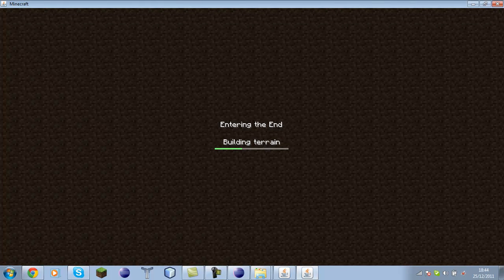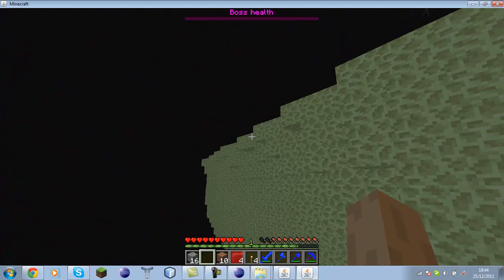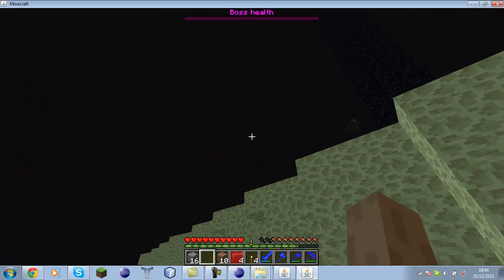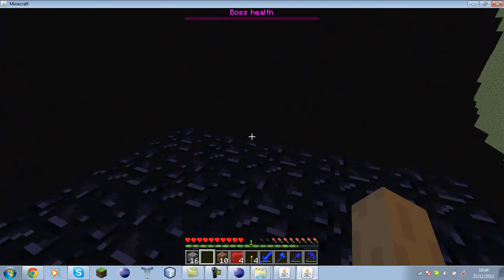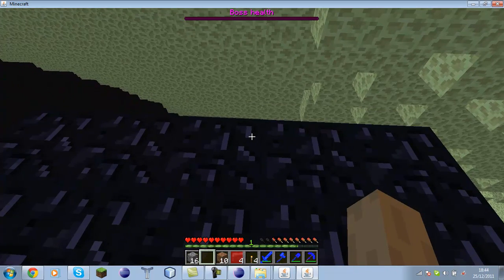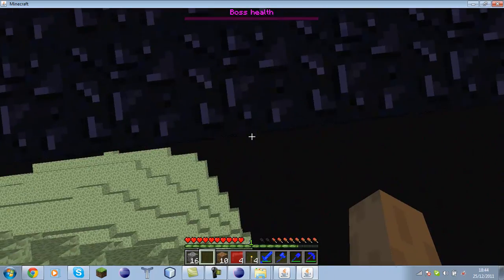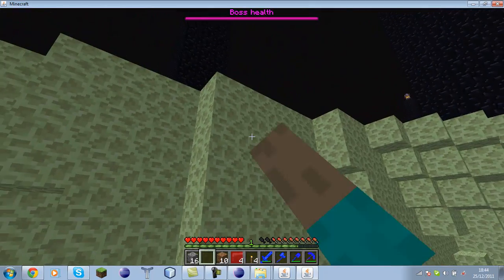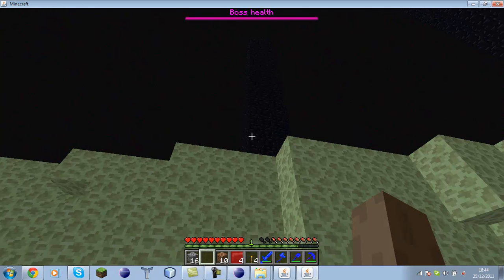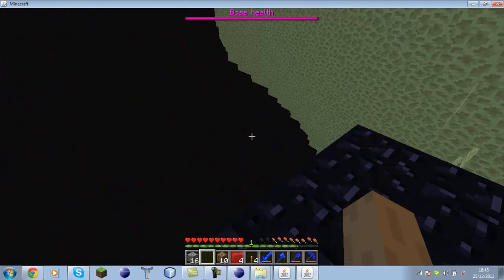So I hope you liked this tutorial. I know it's been long, I know it's been boring, but hopefully you've learned how to make a mod from it. I still have trouble remembering how to make a mod off the bat, so hopefully you don't. This is really bad spawn. So I'll see you guys